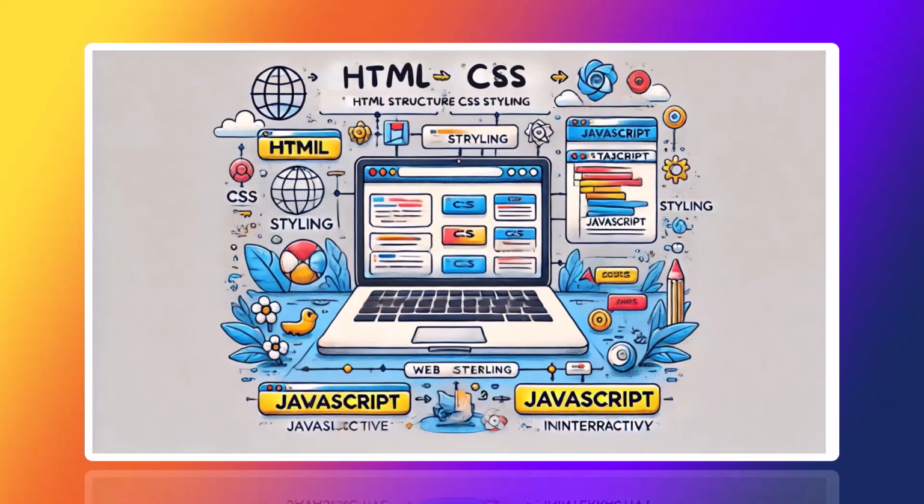Now, let's briefly discuss how HTML, CSS, and JavaScript work together to create a complex web experience. When you visit a website, your browser receives HTML, CSS, and JavaScript files from a server. HTML sets up the initial content and structure, CSS is then applied to make the content visually appealing, and then JavaScript adds interactivity, allowing you to interact with the page. For example, think of a simple web page with a button. HTML is used to create the button element, CSS styles it to make it look attractive, and JavaScript might be used to trigger an alert when the button is clicked.